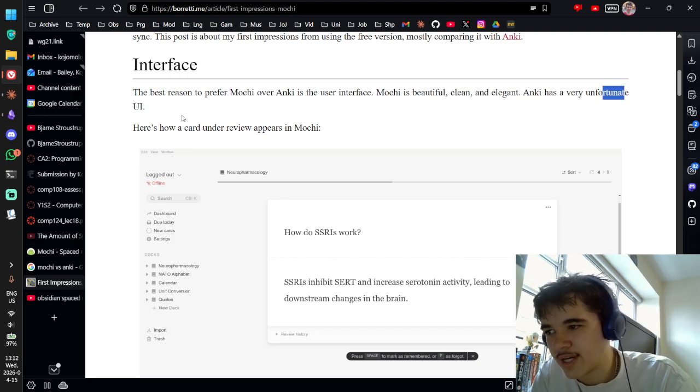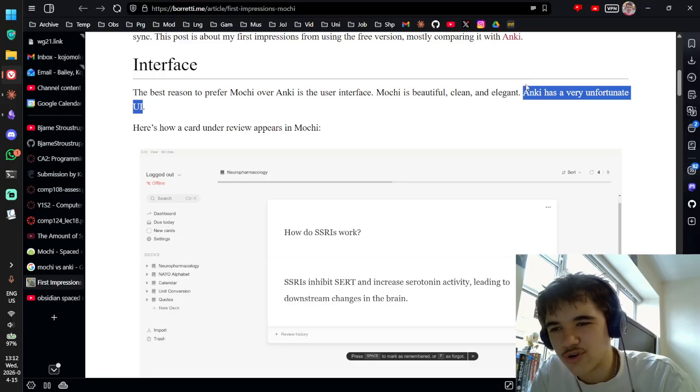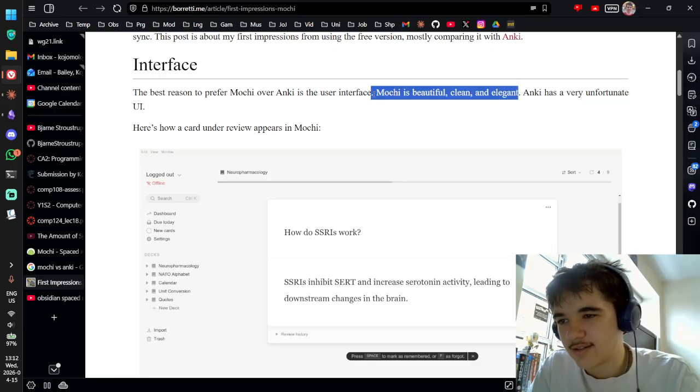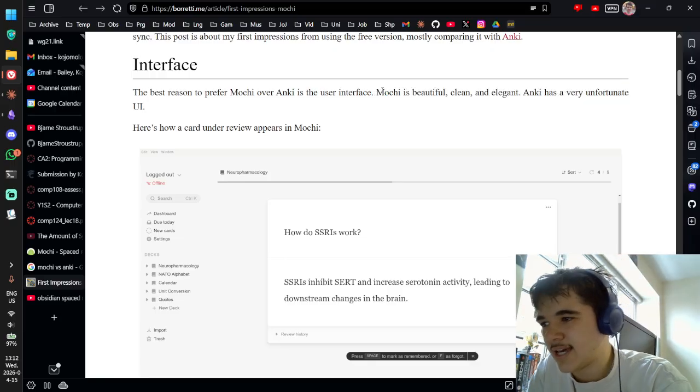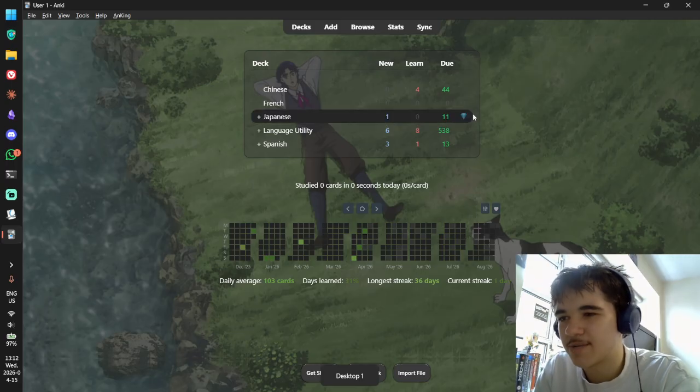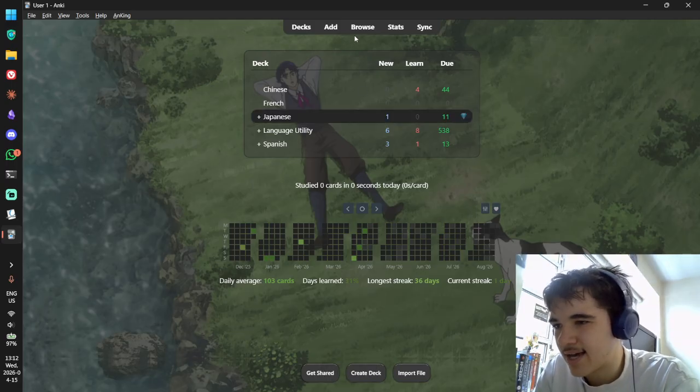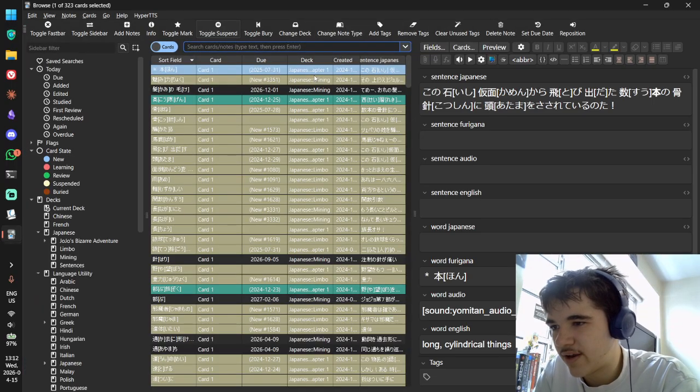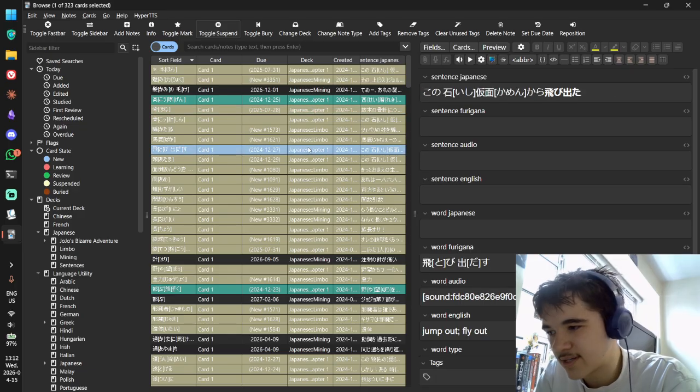Anki has a very unfortunate UI. Unfortunate? I guess so. It's more just dated. And you can customize this. Again, there are plugins that customize this. The UI is not my issue. If anything, I'm actually quite fond of Anki's UI,